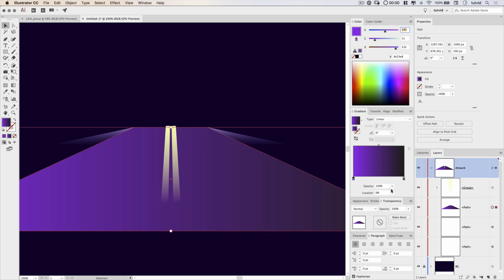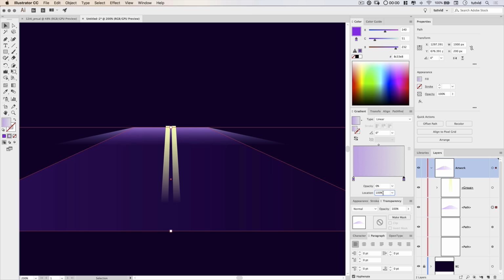But here what I'm going to do is I'm going to reduce the opacity to 30%, and I'm going to leave it all the way over here on the left side of my gradient strip. Over here on the right side of the gradient, I'm once again going to punch in 8C33E8. And I'm going to change the opacity here to 0%. And I'm going to set the location to like 85. So I'm just pushing it down a little bit. Now I do want to set the overall angle of this gradient to 90 degrees.